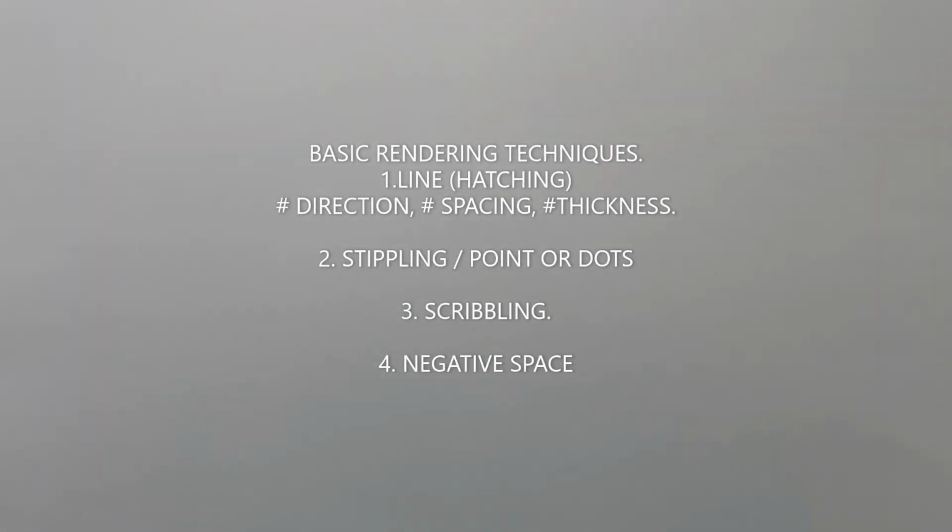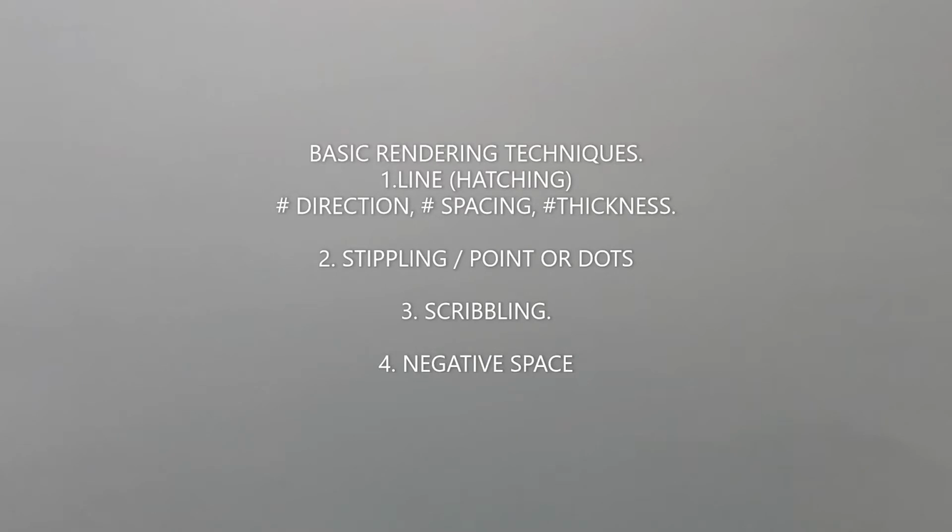Hi friends, in today's video I want to share some rendering techniques with the help of different types of hatching with some examples. This is a basic level of understanding rendering techniques. Mostly we also call it texturing, which means adding surface texture, shade and shadow. These are the three important things to add life to any sketch or object, even if it is an object drawing or a landscape or a streetscape, whatever.